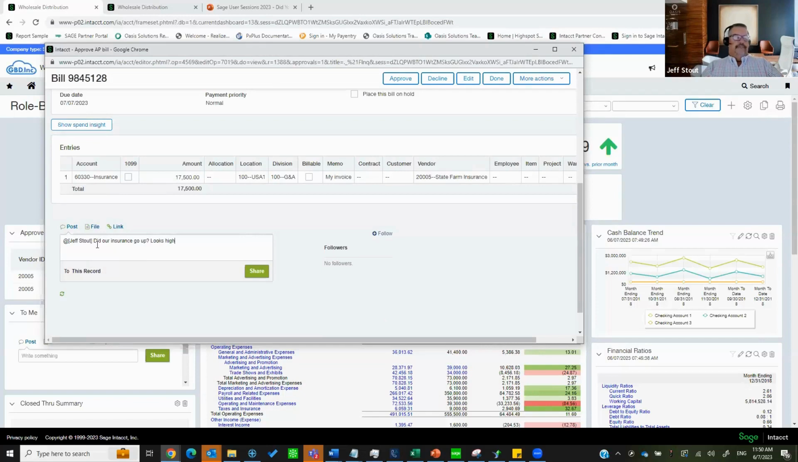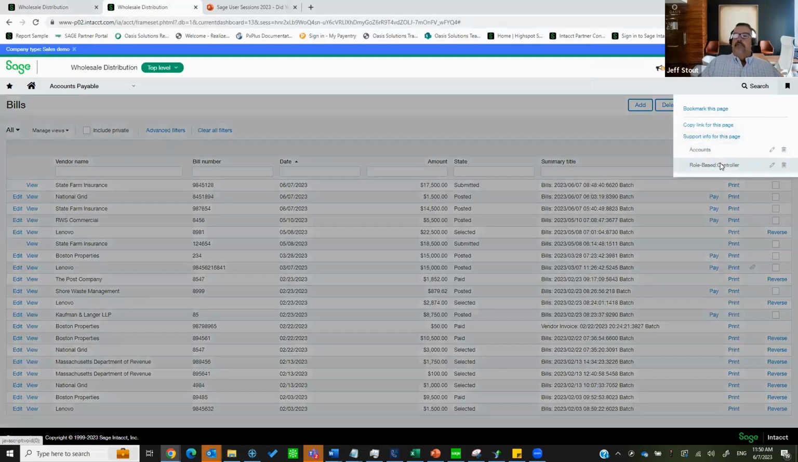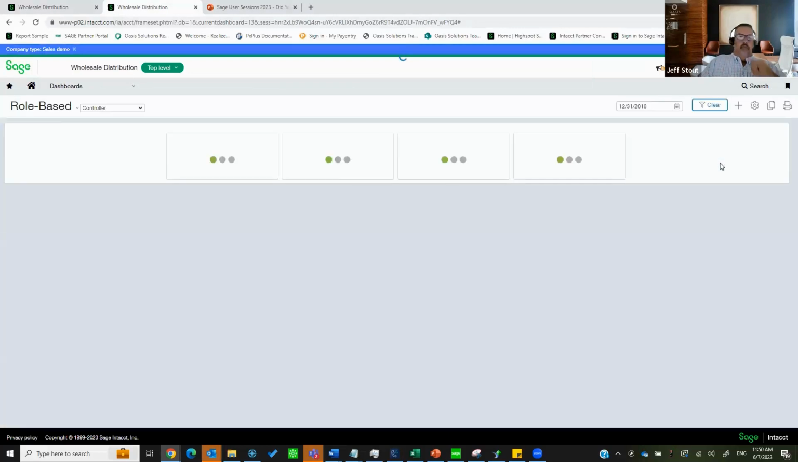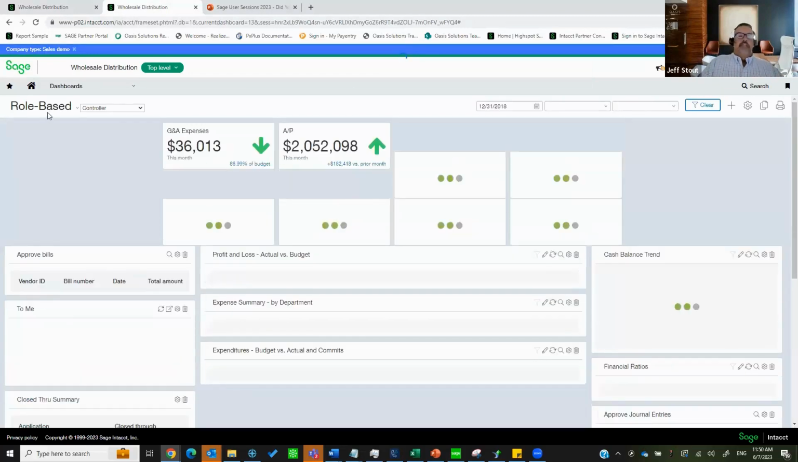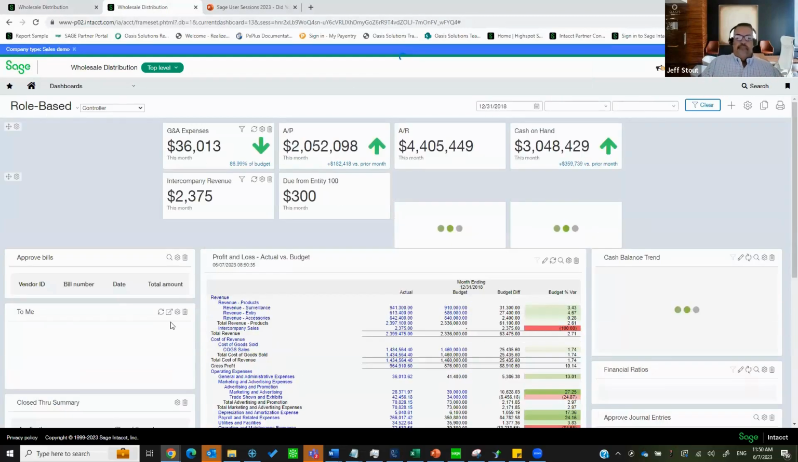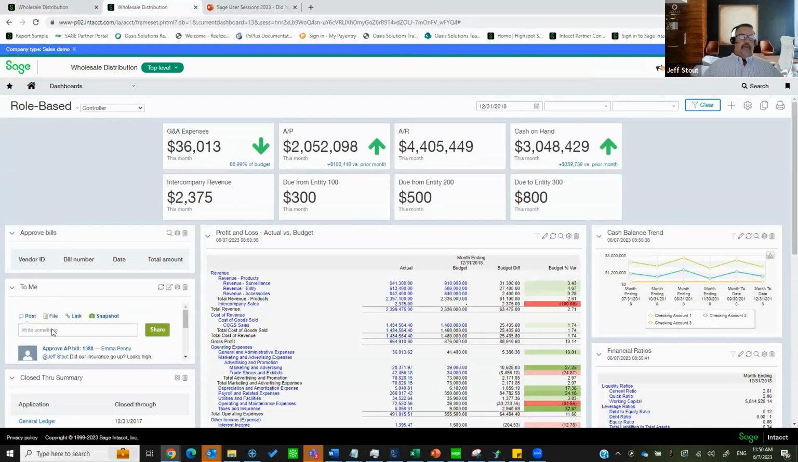Looks high, right? And share that. And now Jeff will also get a notification from Emma, whether it be within the application, or, if we have the workflow set up to send an email, he would get it within his email as well. So if I go back to my dashboard here in the application,